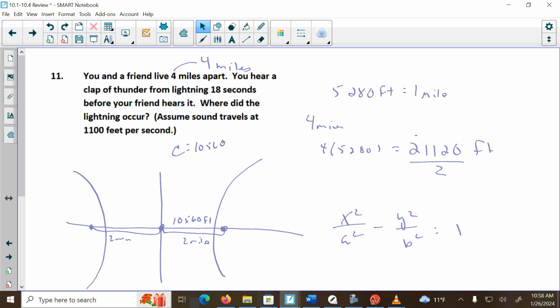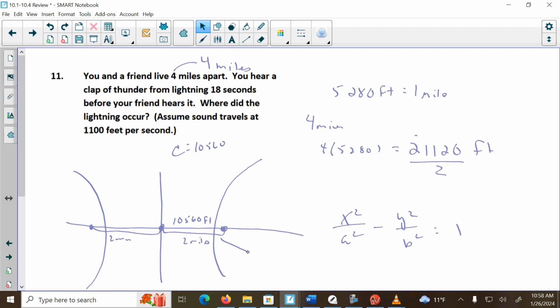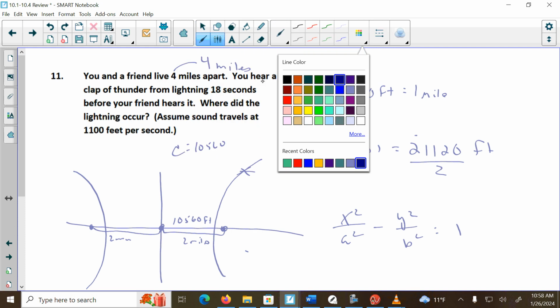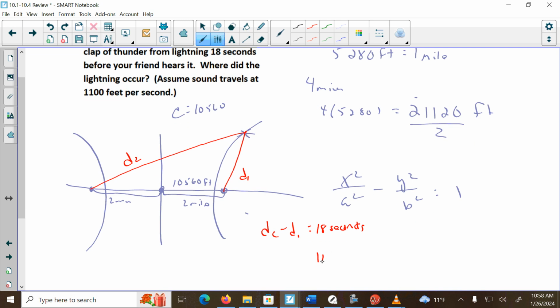Then remember we talked about, if I hear an explosion, so let's say the clap of thunder was there. I hear it, and then 18 seconds later, my friend hears it. So this is D2 because it's longer. This would be D1. So the difference between when we hear it is going to be that 18 seconds. Well, for each second, that's